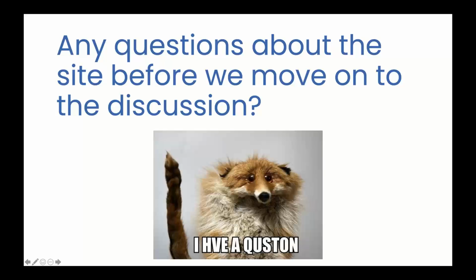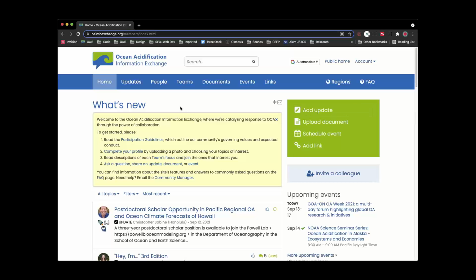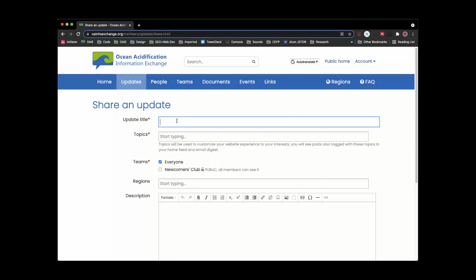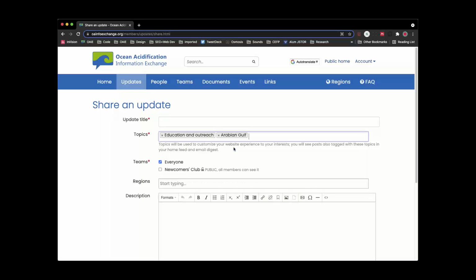Let me share my screen again for Chrome. Give me a second. Come on. There we go. Okay, hopefully you can see this now. What you can do is when you go to add an update, let's say I'm going to do outreach and education again, because that's always what I do. Oh no, okay, it's not happening on this profile because it's so brand new.